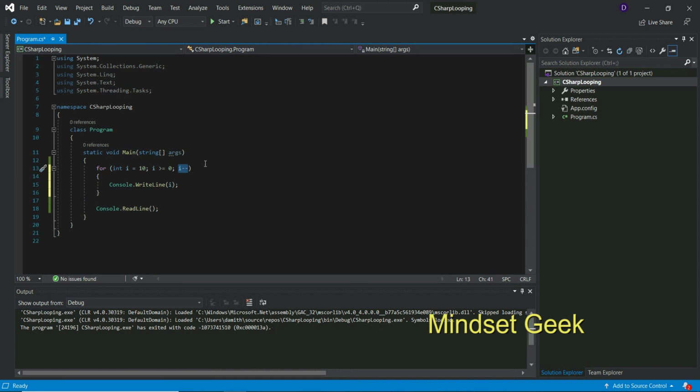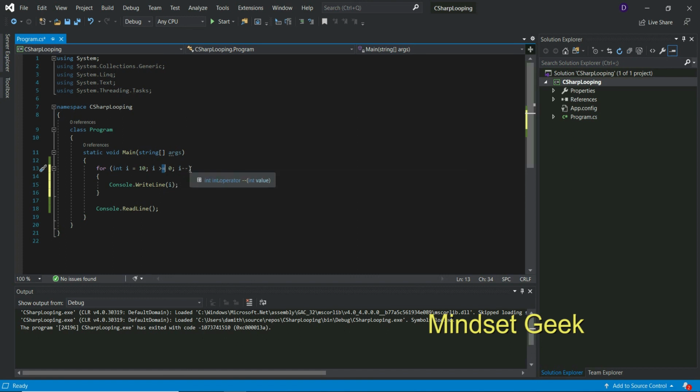9 minus 1 is 8. Now check: 8 is greater than or equal to 0, also true. When your result is 0: 0 is greater than or equal to 0, yes, it has the equal sign, so 0 also prints.